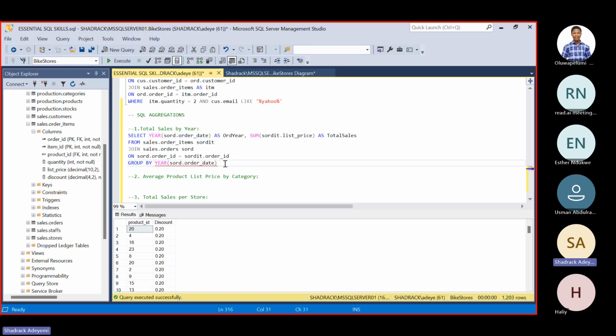So just a quick way to always help you with the group by, or the columns that should be specified in the group by. Every column that is in your select statement, or the columns that you are interested in, might not also be in your select statement sometimes, but the columns that you are interested in grouping by assigns the column that was summarized or that was aggregated. That would be what you would specify in your group by. Again, it's not always the case where you have to group by a column that is in your select statement. But yes, you call the group by function, then you can go ahead and run this.